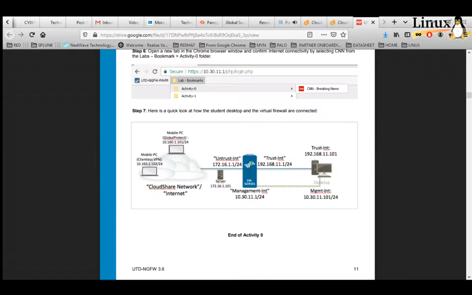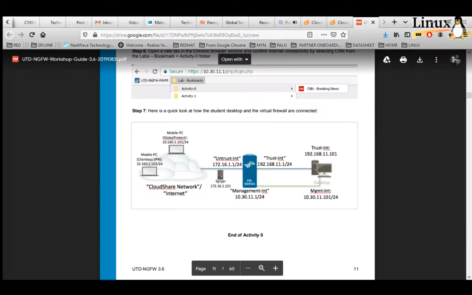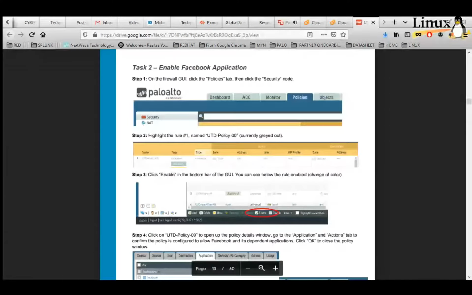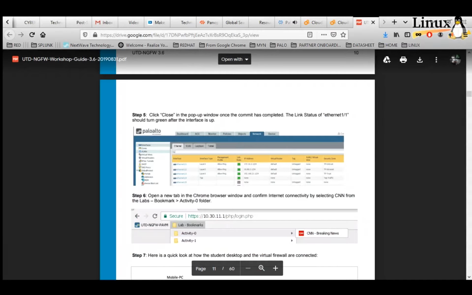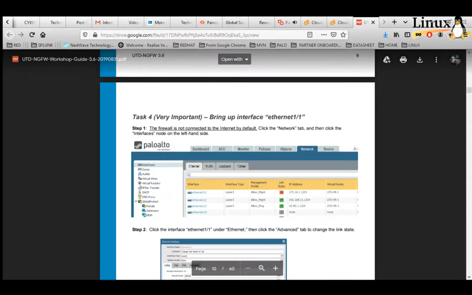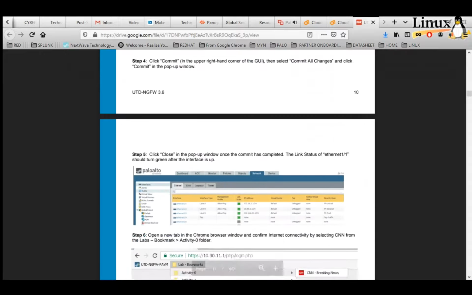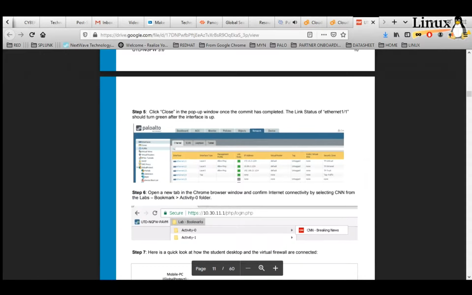This is for the mobile PC, the clientless VPN, and the server that we will use to simulate the attacks. Okay. So the first activity is to make sure that we enable the interface, to make sure that it looks like this. This is to enable us to go to the internet. We need to make sure that this red link state icon looks like this at the end of the day.